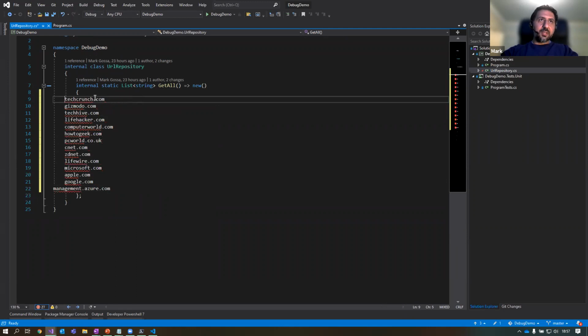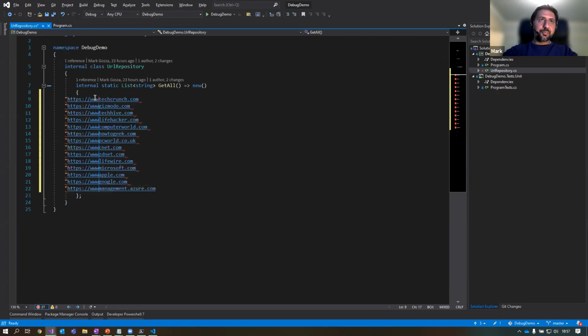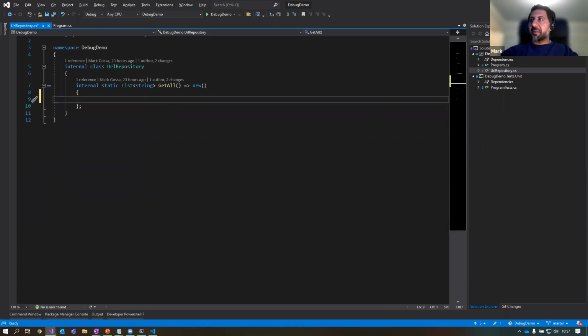So what you can do is try and get them all in line, and with Visual Studio you've got the option of adding multiple cursors. If I press Alt, Shift, and up, I can add multiple cursors, and now I can type on all the lines at the same time. But if I want to go to the end of the line, it's not doing the multiple cursors for me. So now I need to put this on each line, and that's just too slow. Let's find another way of doing it.